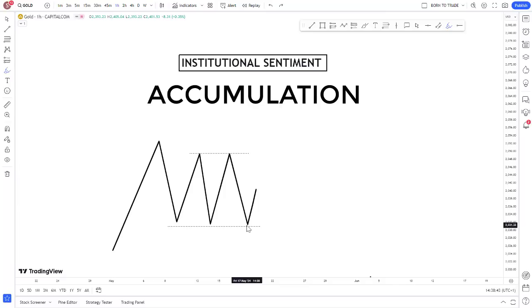So in order to understand the accumulation phase and be able to identify it in the market, this is an area in the market where we've seen a slow price action, where price is moving slowly. Okay, we can actually call it a range. And you see, at this particular point in the market, a lot of transactions are going on. You see, a lot of people are buying and a lot of people are selling because of different reasons. One of the reasons could be some are seeing here as a resistance level, that's why they're looking to sell. Other people might be seeing here as a support level, that's why they are looking to buy.